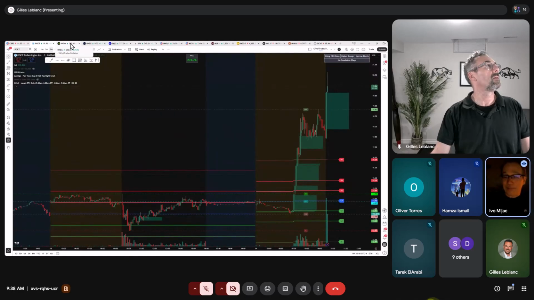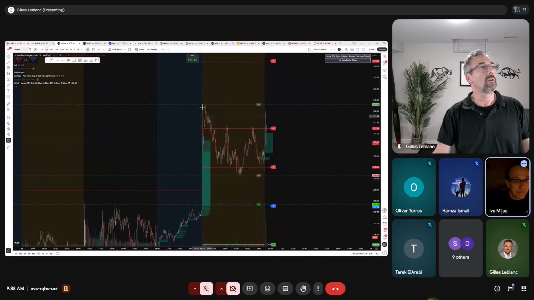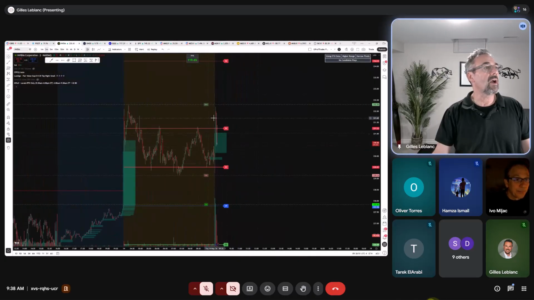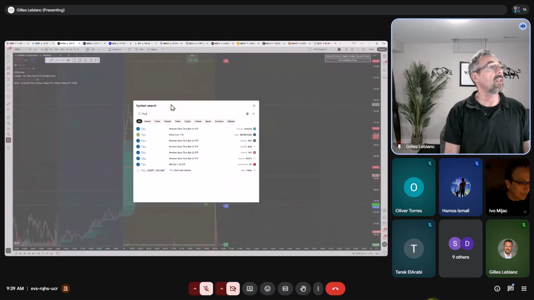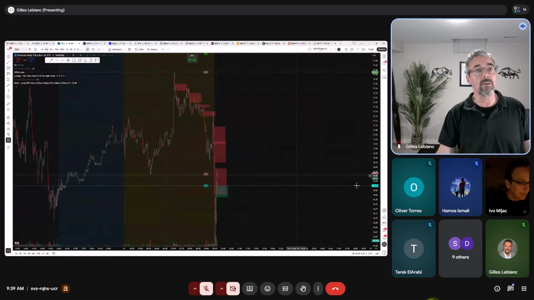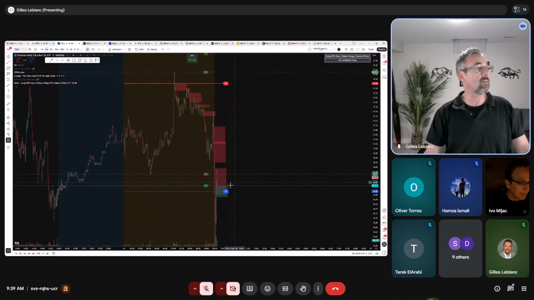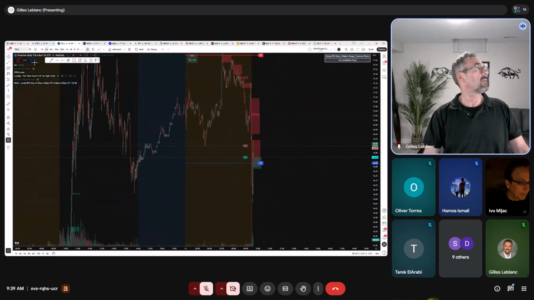I kind of wanted to keep Nvidia on my chart, but you know what? In this pre-market chop, it's in a very large range of just up and down and doesn't seem to have any direction. So I can change to TSLL, which I know is what you trade. It's a cheaper version of Tesla. It is a bull 2 times ETF.